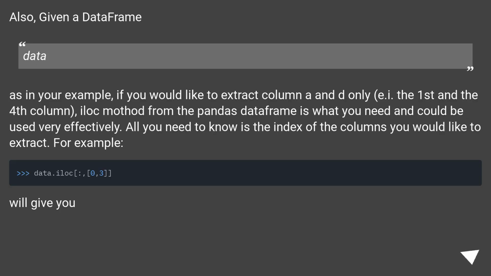Also, given a data frame, data, as in your example, if you would like to extract columns A and D only, either the first and the fourth column, the iloc method from the pandas data frame is what you need and could be used very effectively. All you need to know is the index of the columns you would like to extract. For example,